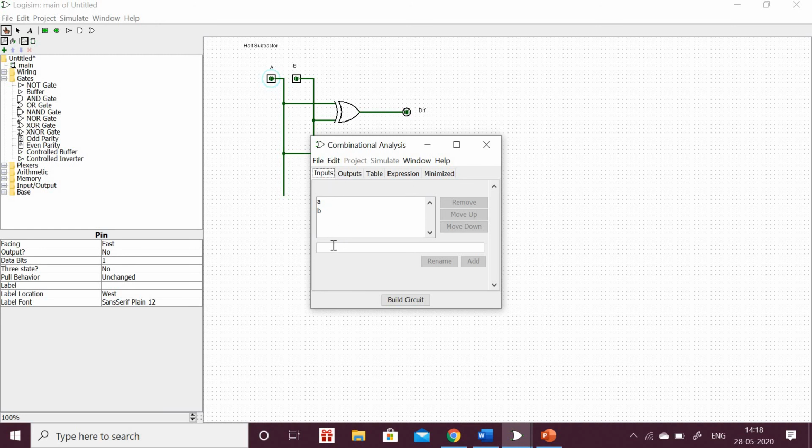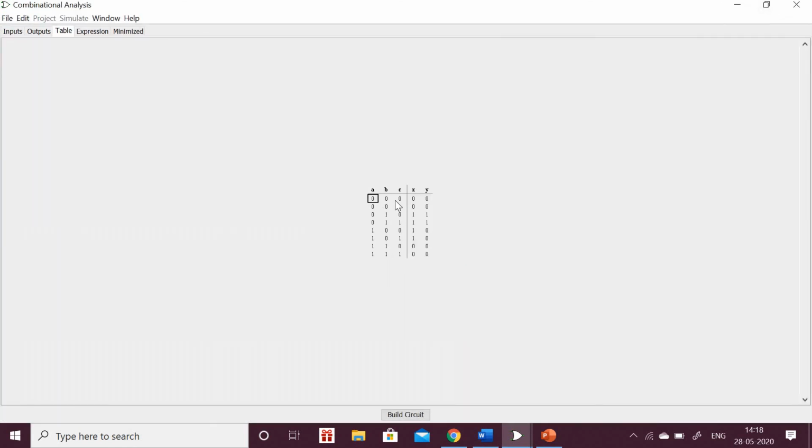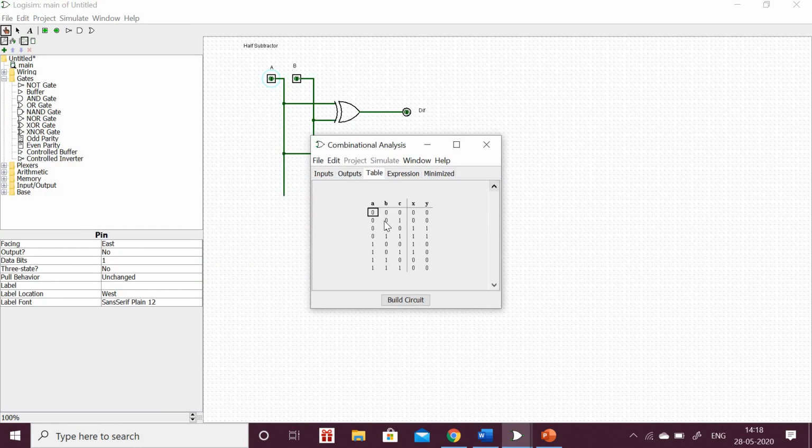Here A, B inputs are already there. I am adding another input C. And next, X and Y outputs are there. Okay. Next, coming to the table. You can see A, B, C, all 0.